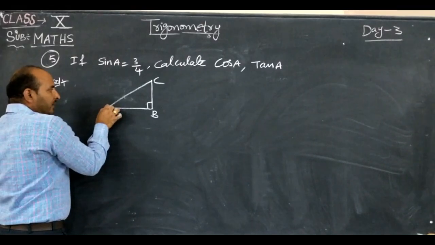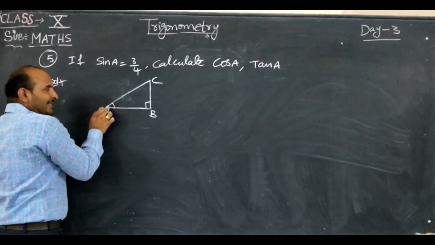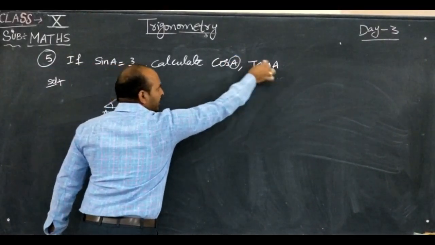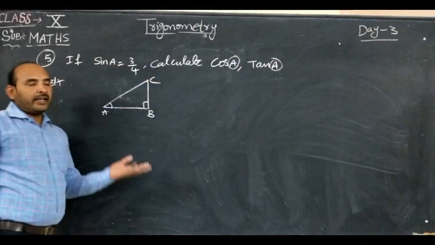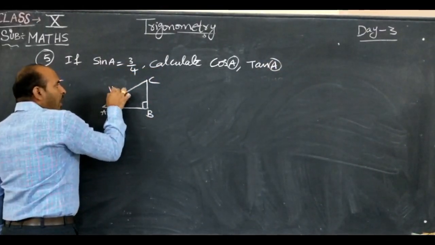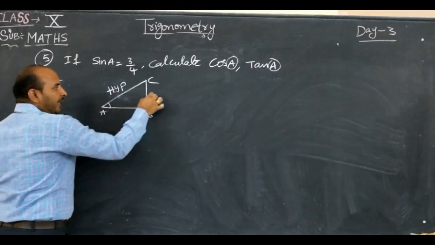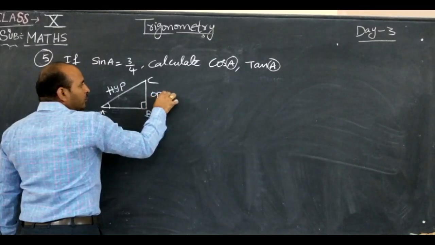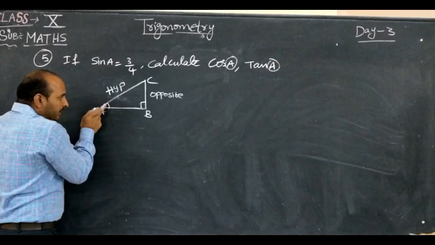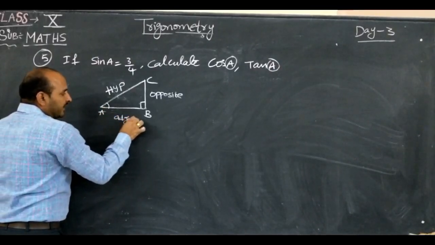So now this is the angle at A. That is cos A. You have to find out cos A and tan A. The angle position is at A, or you can take cos theta or tan theta. So this is clearly the hypotenuse, and this is the side BC exactly opposite the angle. This is the opposite side. This angle is adjacent to the AB side. This is the adjacent side.